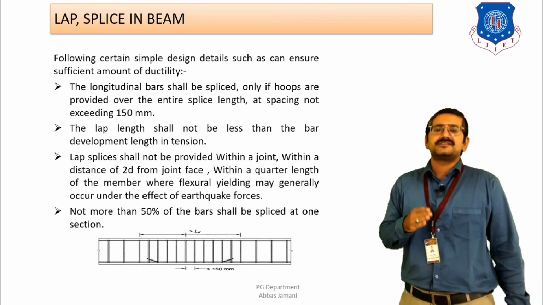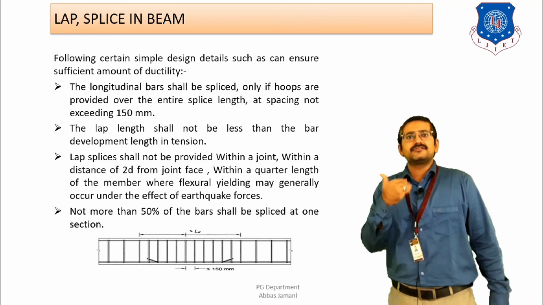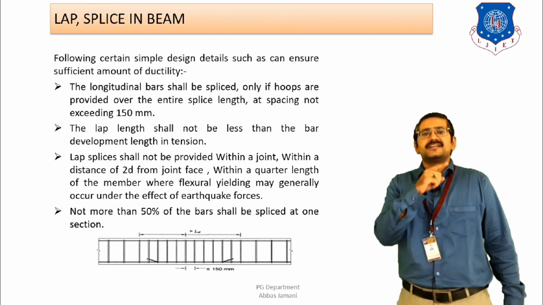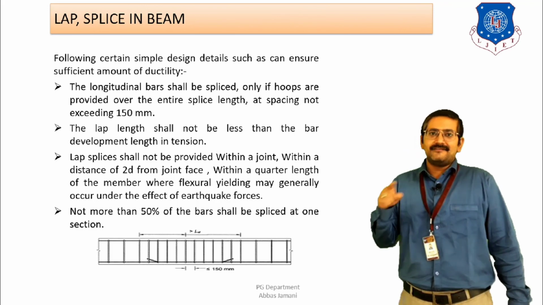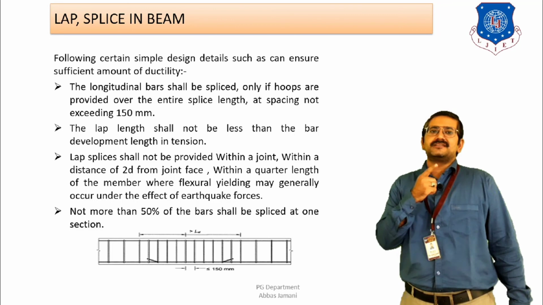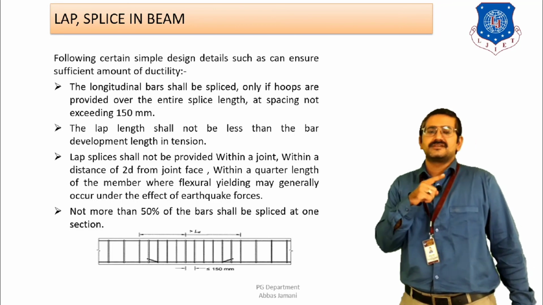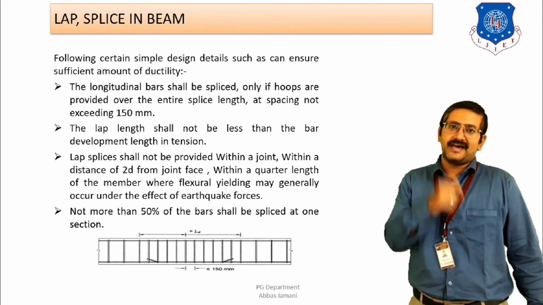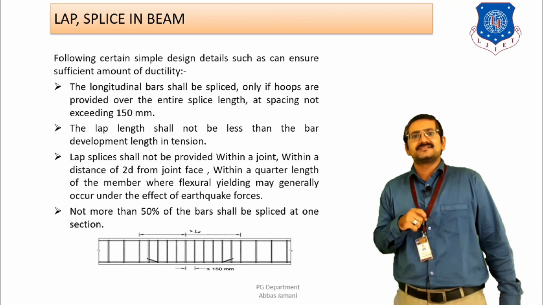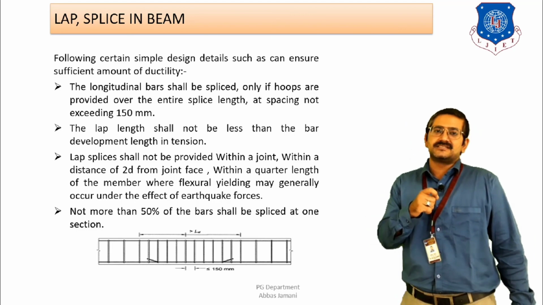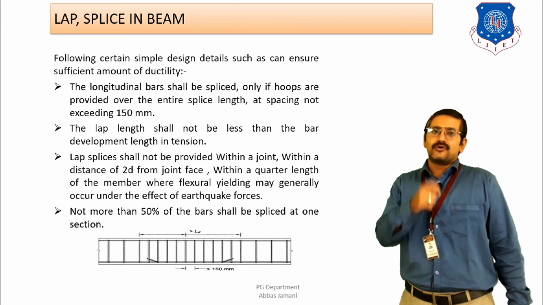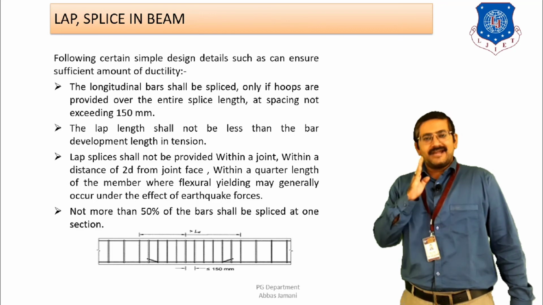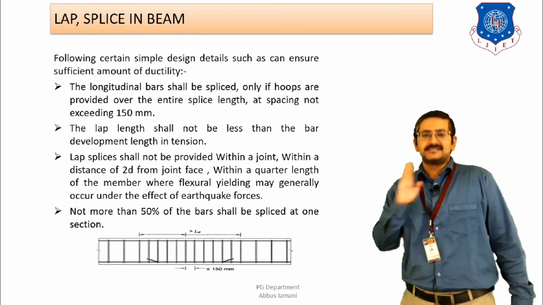Why is this done? Because if you study the moment diagram, in case of continuous beams or fixed beams, the tension reinforcement is going to be maximum near the supports, right? And when tension reinforcement is maximum near the supports, the tension and compression force is going to be more if you calculate it from the lever arm. As a result, the steel requirement is going to be on the higher side. So if you provide lap at that particular junction, then the strength of that junction is reduced. That is why the code is saying that the lap should not be provided at the column location, at 2D distance from the columns, and at D by 4 distance from the column, right?